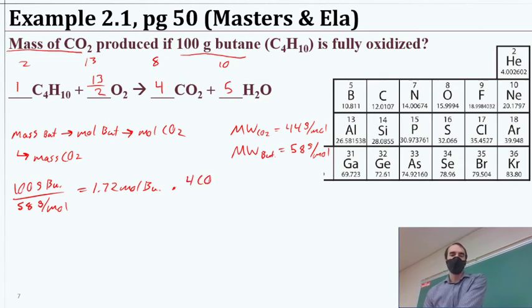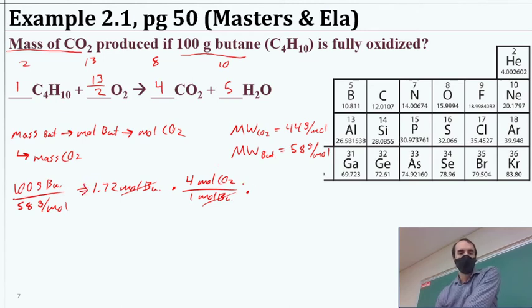So 4 moles of CO2, we'll say 4 moles CO2 for every 1 mole of butane, and that'll give us 4 times that. And while we're at it, we'll recognize the moles butane will cancel, so we're at moles of CO2. And while we're at it, let's go ahead and multiply,